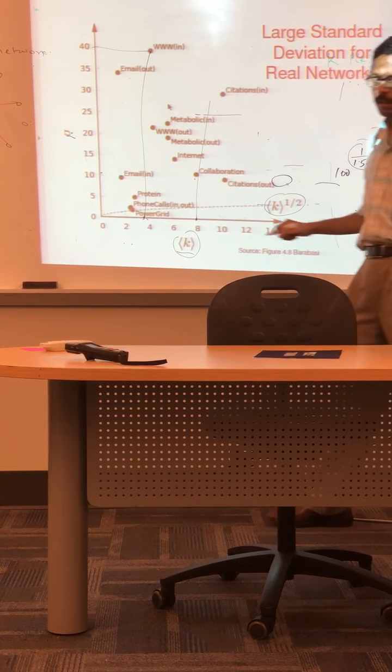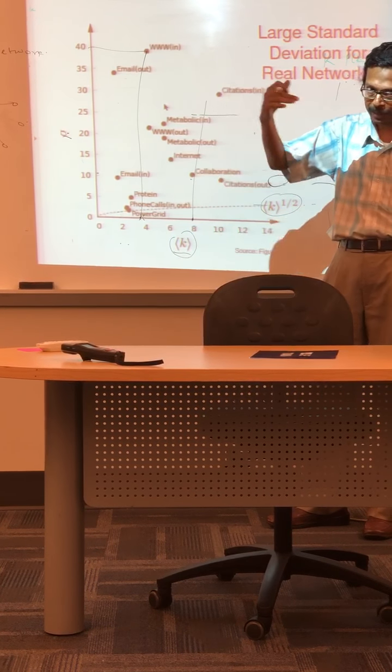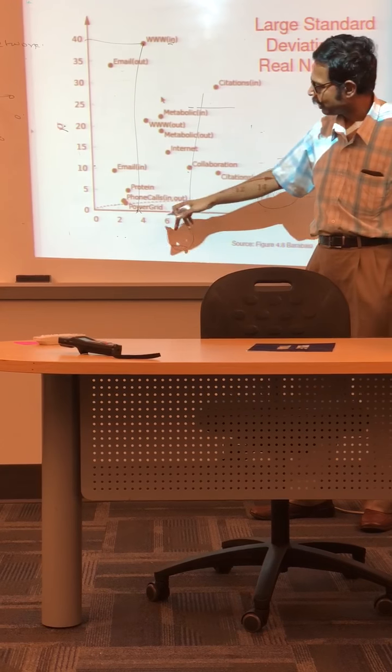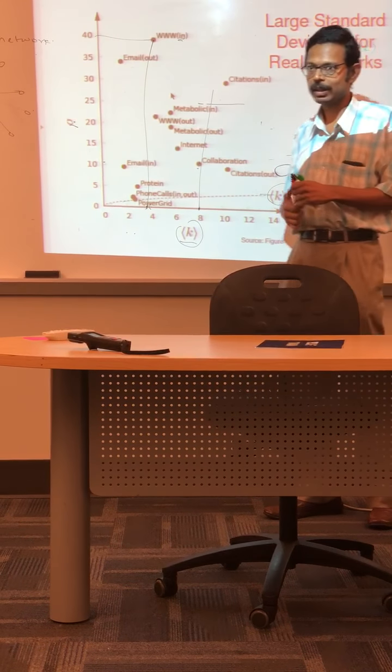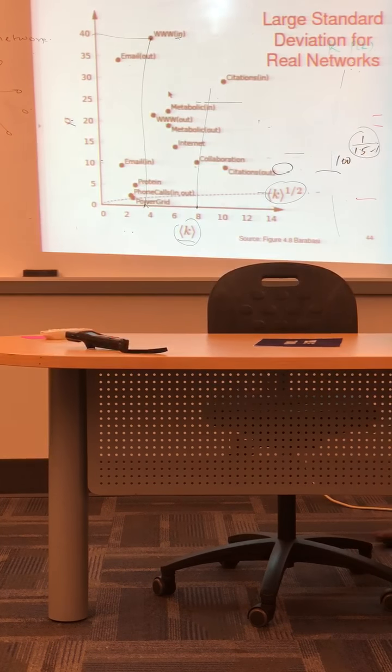Okay. So the average degree for the World Wide Web is based on incoming edges. When I say in, it means incoming edges. How do we know this? It's already been recorded somewhere. You run some crawler, and it's already on some sites. It's all big data. So some people have